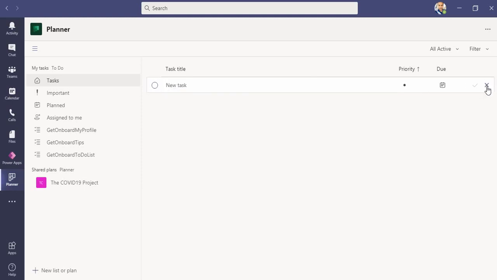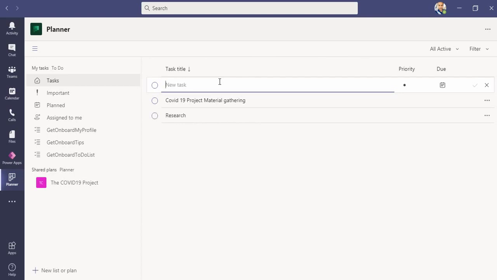Let me create some tasks, like I have this. You just have to type it and press enter, and it will create a task. So that is my first task. The other task should be research.